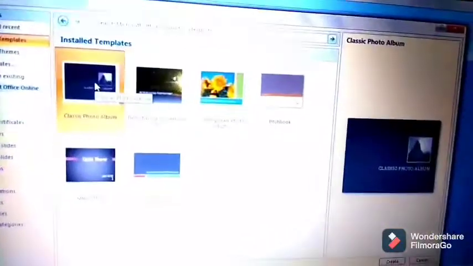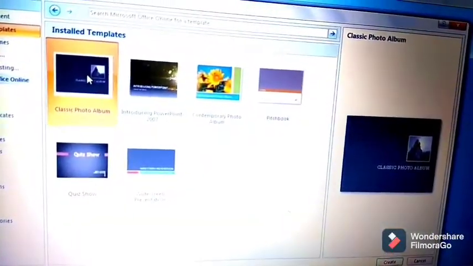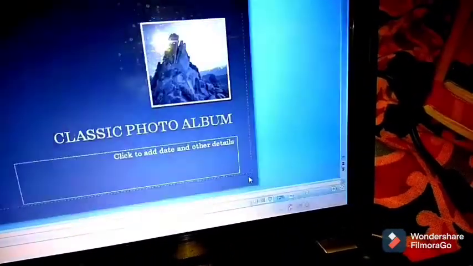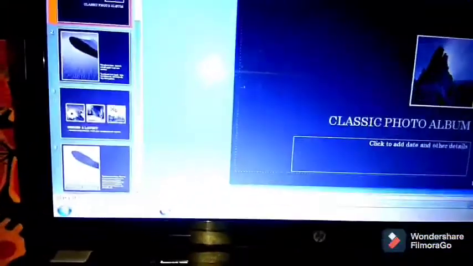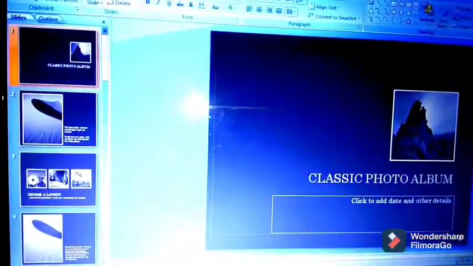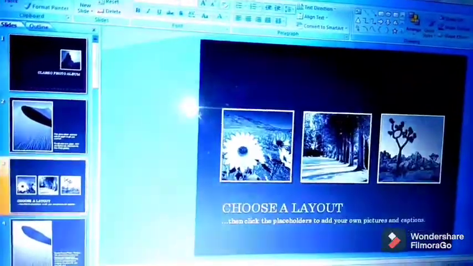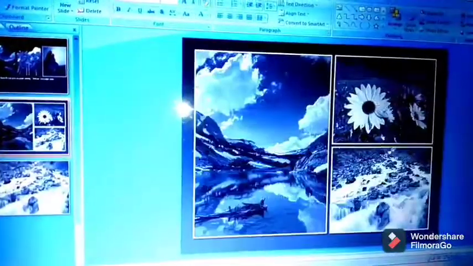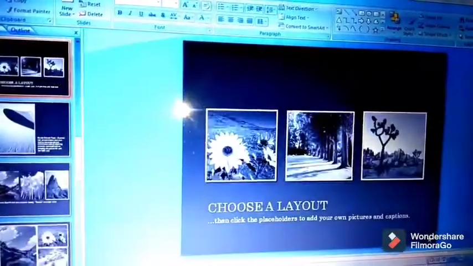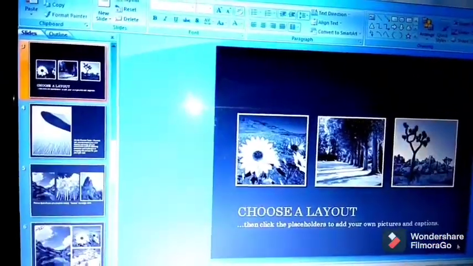Now let us select the first one, that is classic photo album, and after that click on Create button. Now see the built-in template applied. So we can change all these slides. So this is an inbuilt template.